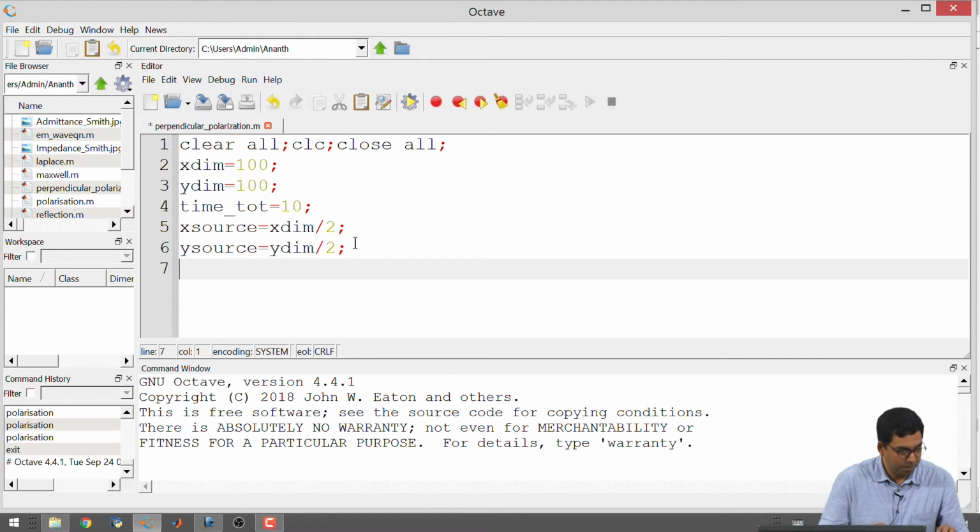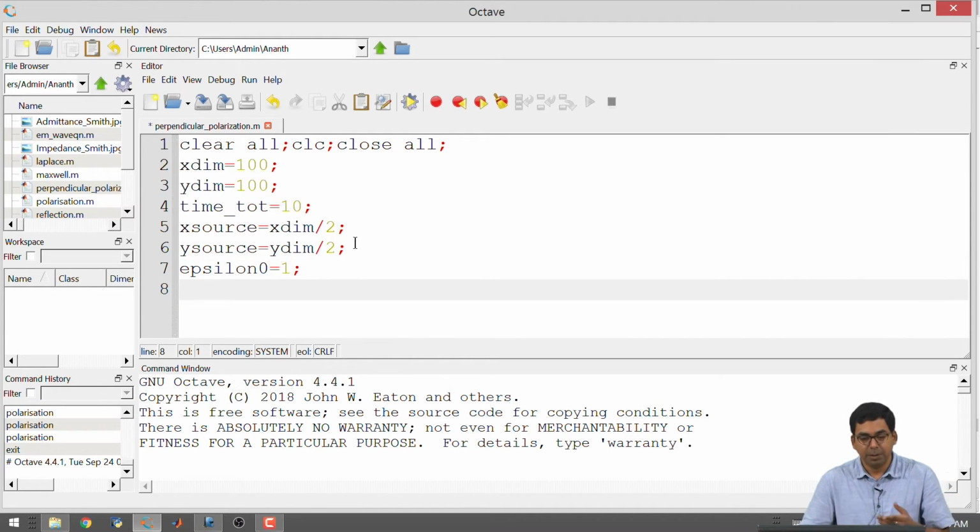So, one of the things that we have to do is define some values for permittivity and permeability. Since I do not like to use the absolute values of the permittivity because it is very small, 10 to the negative 12 may get approximated as 0 and I may not get any output at all. So, I like to use only the relative permittivities. In most of the practical scenarios, I see that people use only the refractive index, okay, which is 1 by square root of epsilon r mu r, all right.